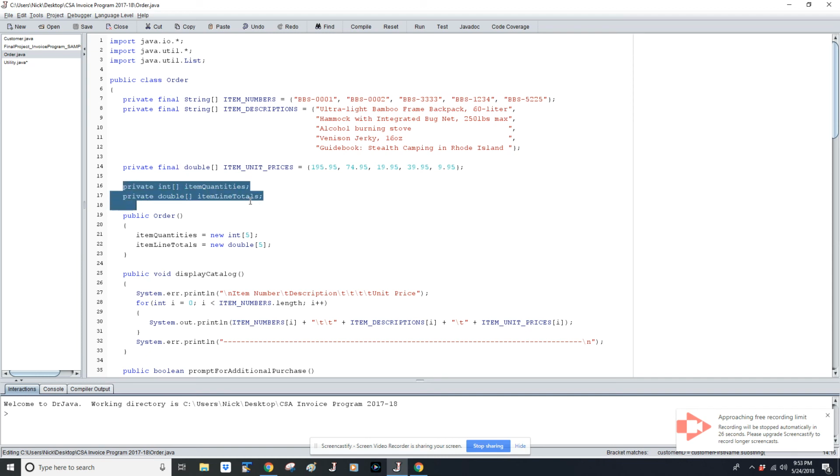However, the next 2 data fields are not marked as final. These will change as the customer is placing their order. Quantities and line totals will change. Here's our constructor of the order class. Notice again that this constructor does not have any parameters. We're basically starting with a blank order. We don't need to pass any data. However, we are going to ask our constructor to initialize our two arrays